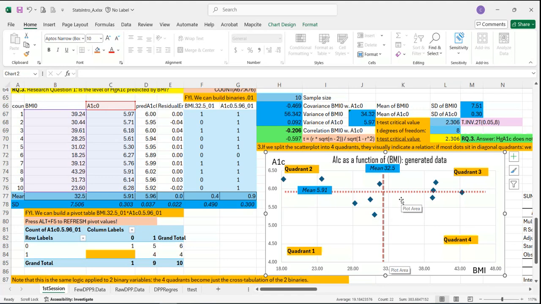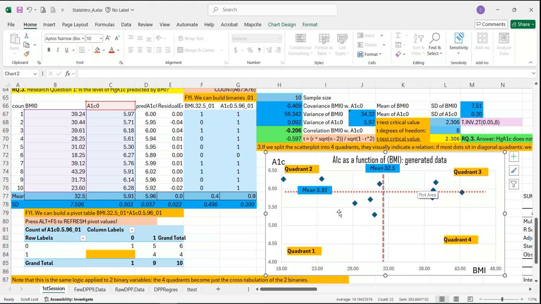And just as a general visual rule to interpret this concept of association and correlation, if all of these 10 dots, which we are seeing here in the graph, were distributed all over the place randomly, there wouldn't be any relationship to talk about. Now, if most of them are distributed in this upper right quadrant, which is quadrant 3, and